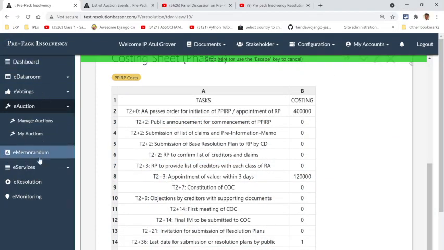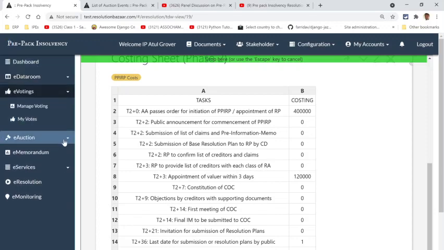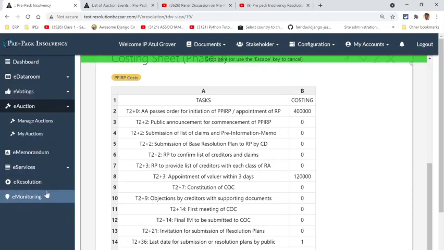So not only do you have access to all this site information, you also have access to all these digital worksheets. The way this works is, it works as your website, it works as your data room, it works as your voting, it works as your auction, and there is a whole list of services that you could use here, all the way from phase 1 to phase 3.